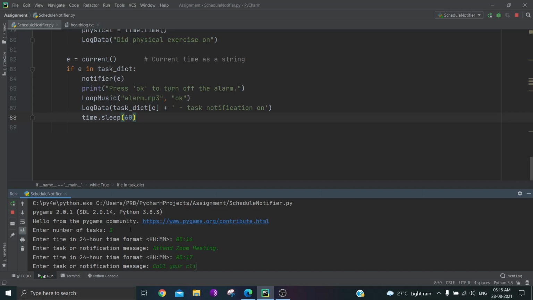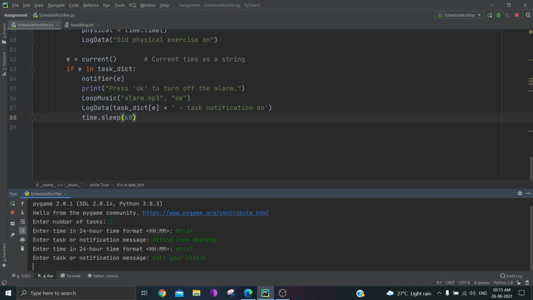As soon as the clock hits 5:16, the notification will go off and we will see a dialog box here with the message attend Zoom meeting. So let's wait for a couple of seconds.